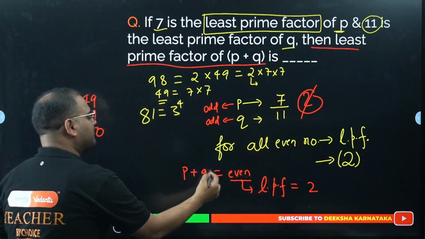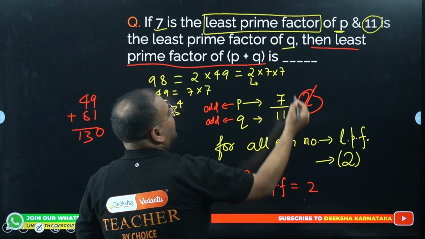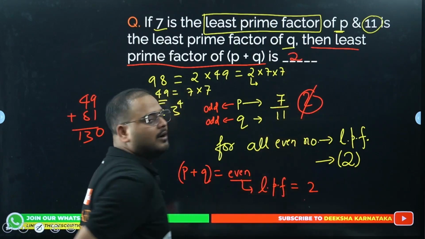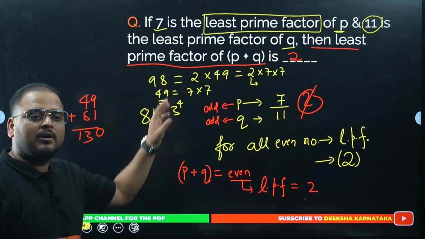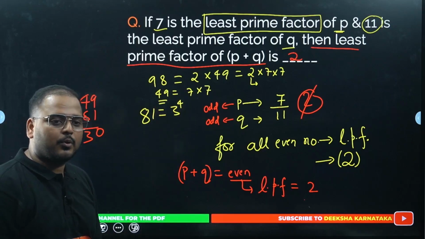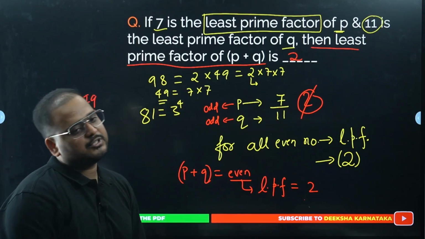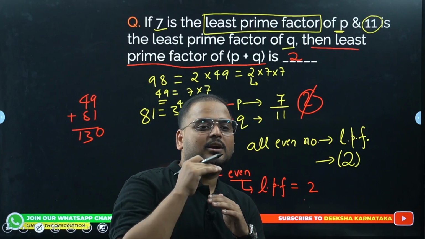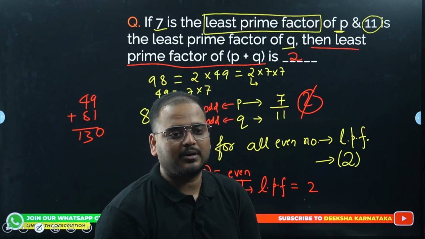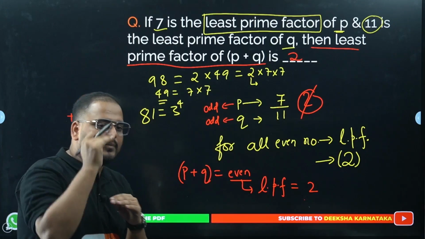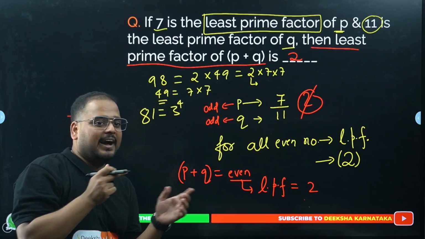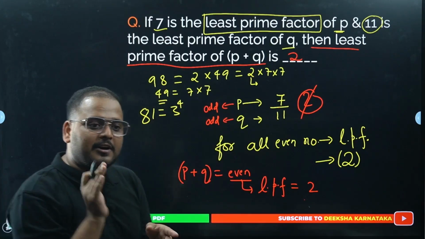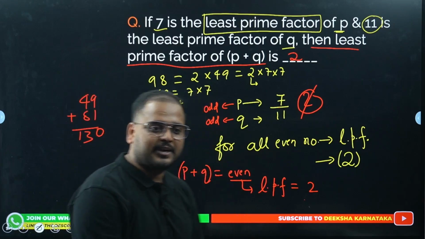The prime factor of p plus q is 2. Answer is 2. Simple question or not? Do we require more steps? No. This can be asked in MCQs. Good concept. So we go a little bit ahead, a little bit over the NCERT part. We should learn, na? We'll go a little bit ahead so that we can challenge ourselves, and if a question like this can come in our school, we can solve it, right?